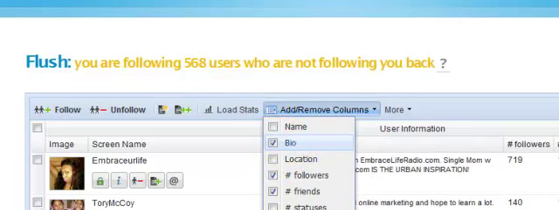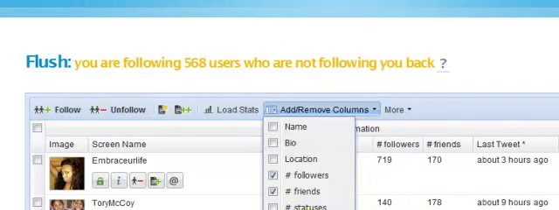Bio. Okay. Last tweet, very important. You want to know, is this person tweeting? If they haven't tweeted in 8 days or a month or whatever, then they really might not be that engaged. Even though you see this person here, they've got over 11,000 followers, but they haven't tweeted since 8 days ago. Now, mind you, where we're at, if they're doing Lent, they might have given up tweeting, I don't know. So it's a possibility that maybe something happened and they've just been offline for a while.